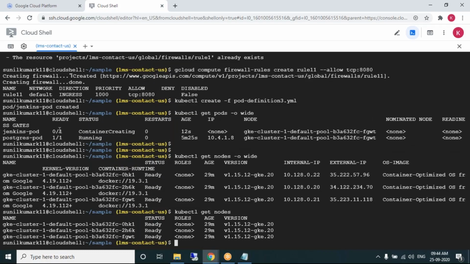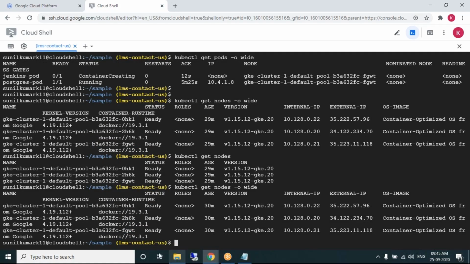Our Jenkins pod is running in this node ending with FGWT. I want to get the public IP of this node because I want to access Jenkins at public IP colon port number 8080. To get the public IP of the node, you need the wide output.